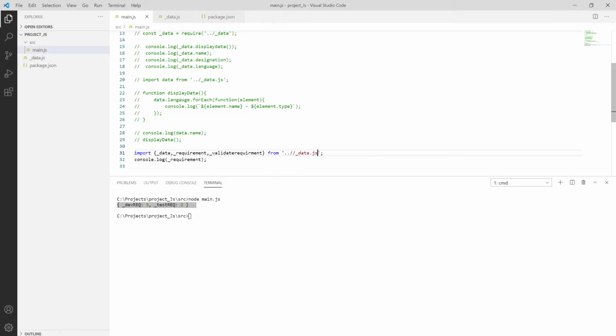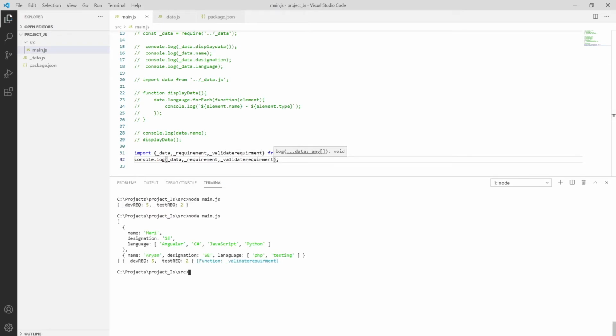We can simply use this, or we can use underscore data comma underscore validation requirement. Using save and try to run this, you will get all three. First one is over here, then the second one, and then it shows the sub function.